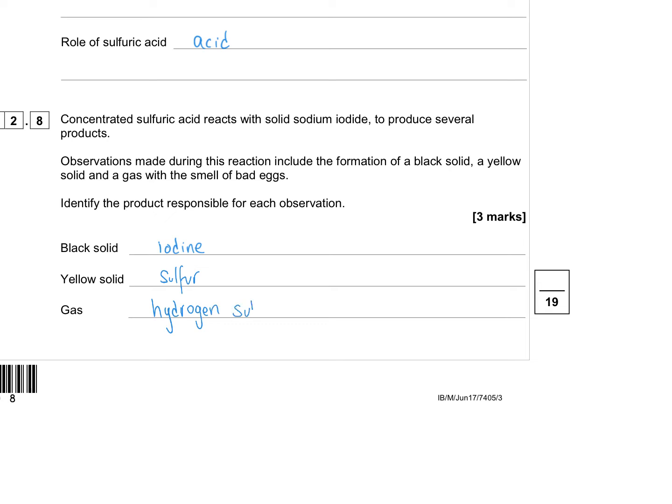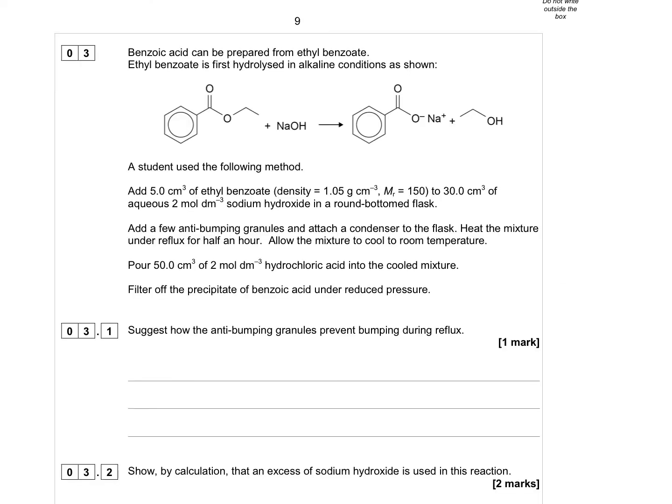If you want more information on this, there is another one of my YouTube videos that covers the reactions of the halides as reducing agents. So another question on required practicals, this one looking at